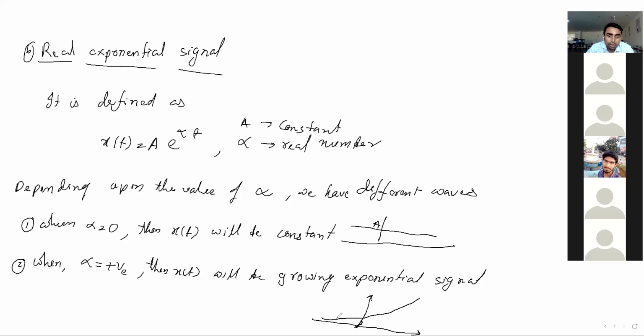Okay, you can say, sir, why is t negative here? I am saying that alpha is positive, not that t is positive only. So t may be negative also, but the alpha value should be positive. So the value will be increasing. When you increase the time value, the value of e to the power alpha t will also increase. And at t equal to 0, the amplitude will be A, because when t equal to 0, this value will be A. So like that, come to the third condition.